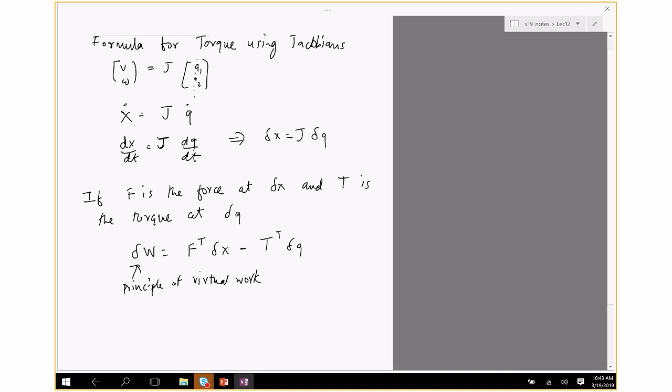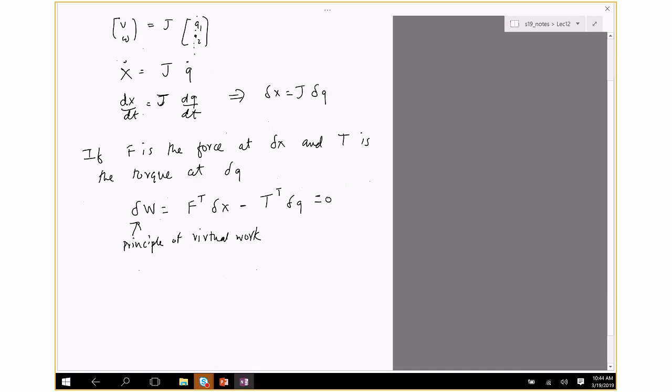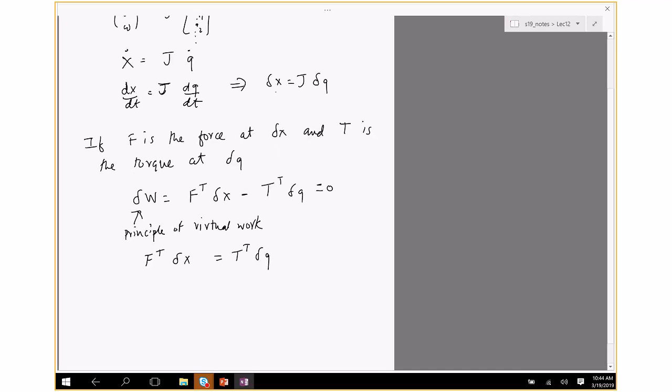Essentially these displacements are fictitious. They are not real. What this is saying is that the work done by this force at the end effector and the work done by the torques at the joints should balance, because no real work is done, it's virtual work. So from this formula, I can write F transpose delta x equals torque transpose delta q, but we call this